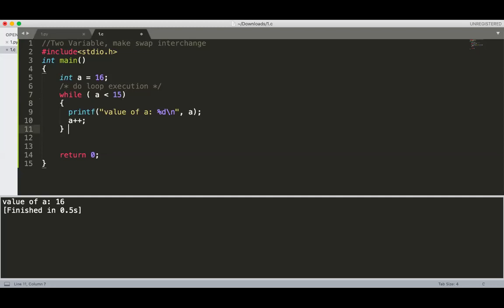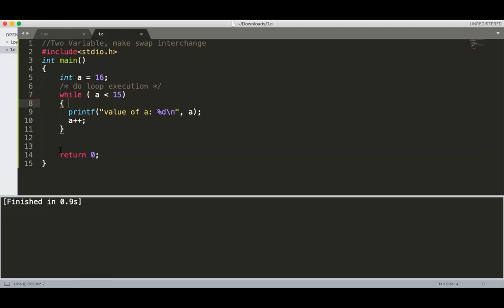I'm removing this while. Can you tell me now what is the output? No output, because the condition is false the first time itself. If the condition is false, it will not go inside, it will directly go outside the loop.